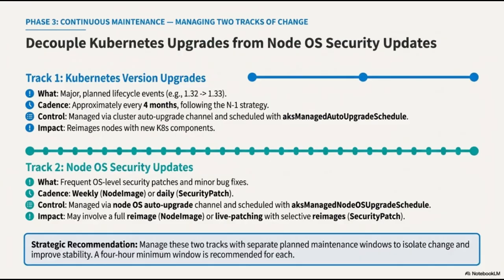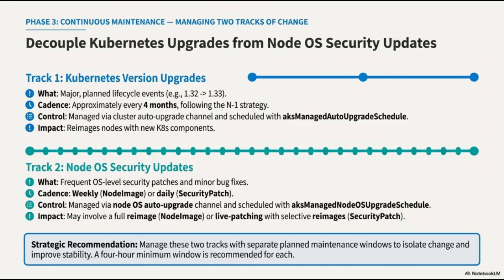Track 2 addresses Node OS security updates. These are much more frequent, occurring daily or weekly to handle security patches and minor bug fixes. Depending on the update, this may involve a full re-image or live patching. Our strategic recommendation is to manage these two tracks using separate planned maintenance windows. By dedicating a minimum 4-hour window to each, we ensure that changes are isolated, making it much easier to maintain